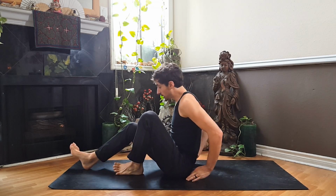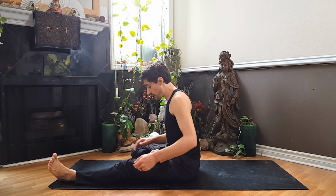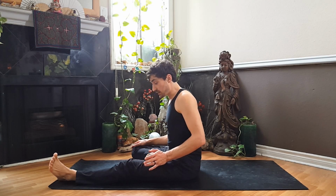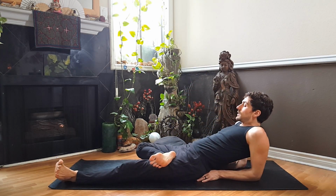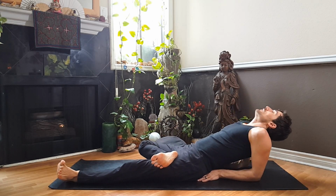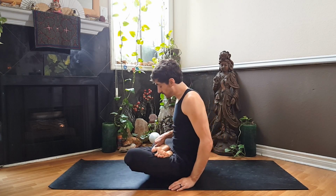We'll straighten both legs out. And let's cross the right leg over the left if you are able. We can start right here, just crossing the right leg over the left. Let's see if we can find our way back, trying to open that hip. Or we can bend that bottom leg as well, placing it either under that right thigh or over that right thigh